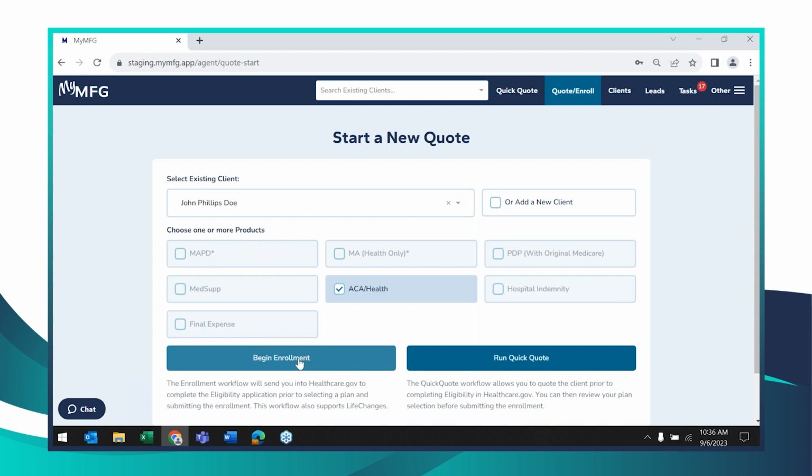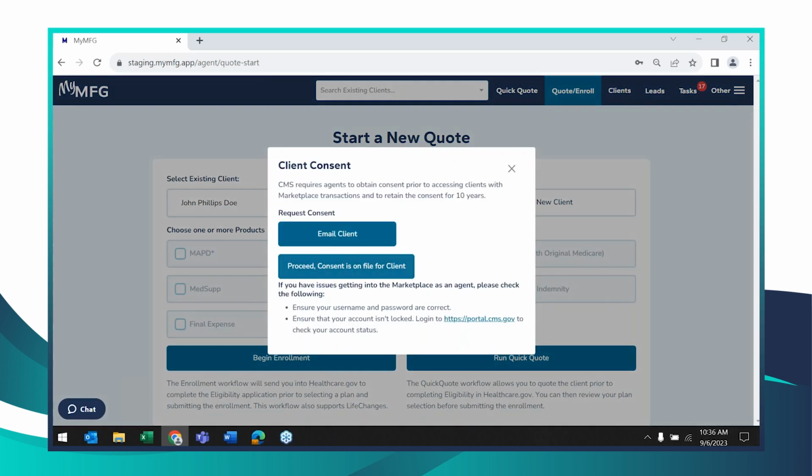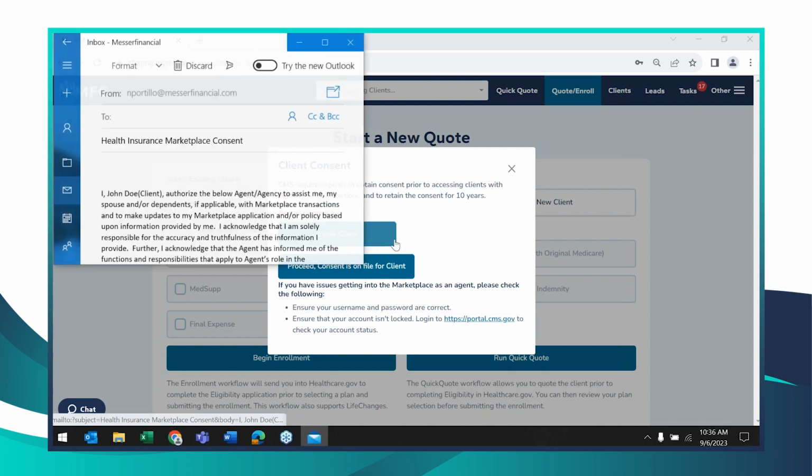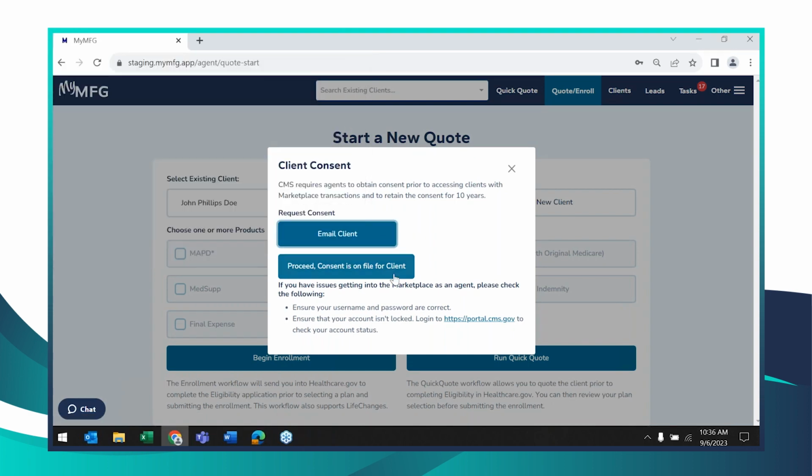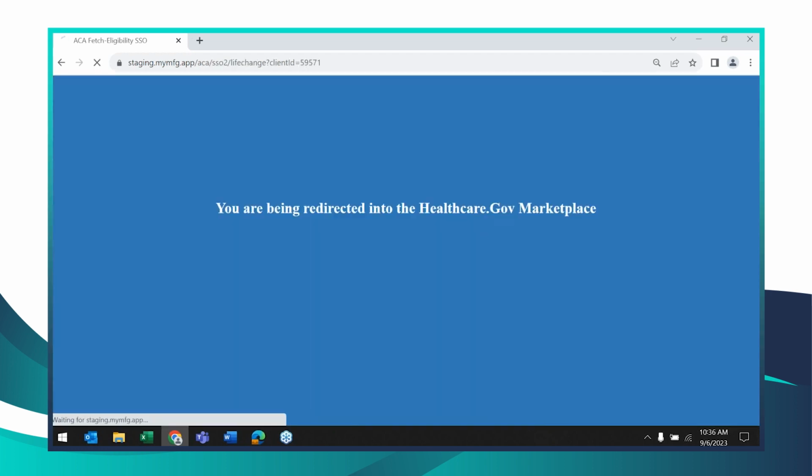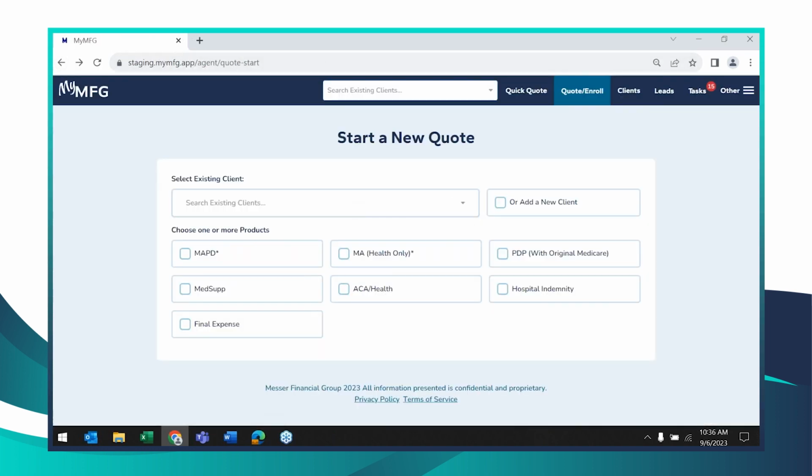But if we begin an enrollment, you will see you have the option to email that consent form, or you can proceed if the consent form is already on file. And then that is when you would be redirected to the marketplace. And so I want to go ahead also and show you that that consent form is also available for you and easily accessible by clicking Other,